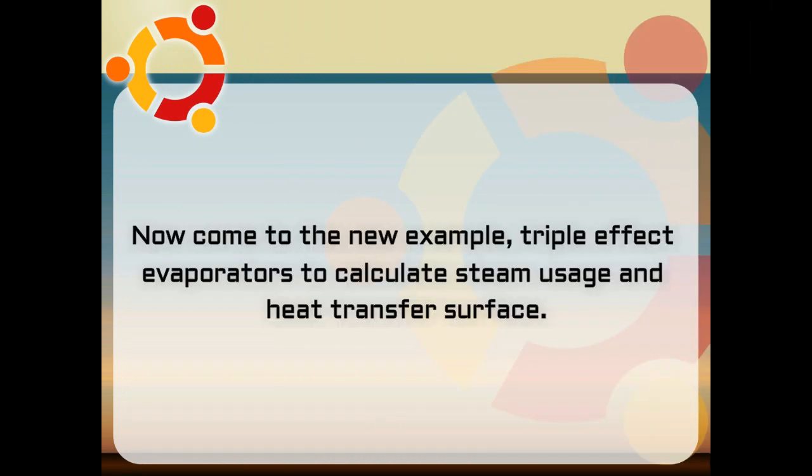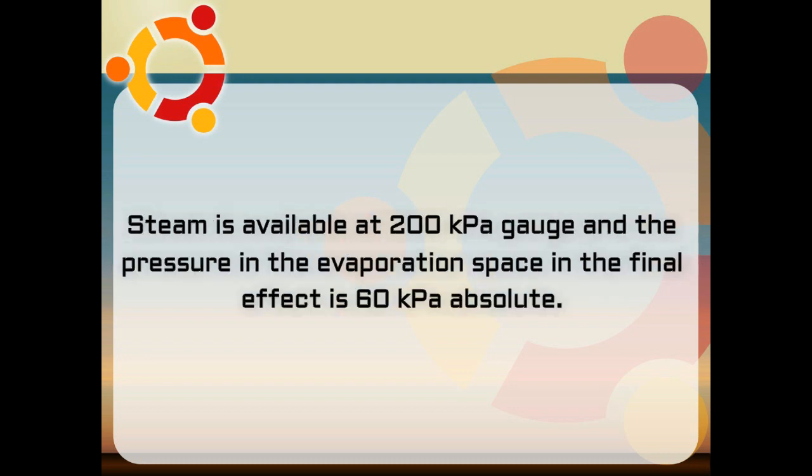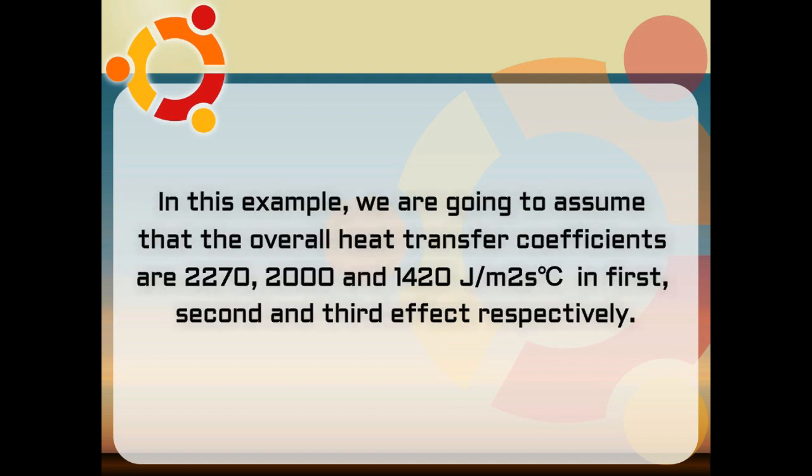Now come to the next example, triple effect evaporator, to calculate the steam usage and heat transfer surface. A triple effect evaporator is used to evaporate 500 kg per hour of a 10% solution up to 30% solution. Steam is available at 200 kPa gauge and the pressure in the evaporation space in the final effect is 60 kPa absolute. In this example, we are going to assume the overall heat transfer coefficients are